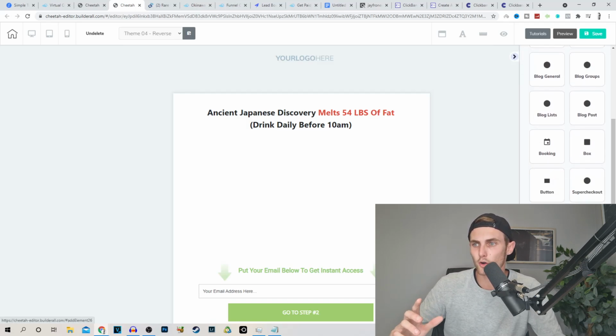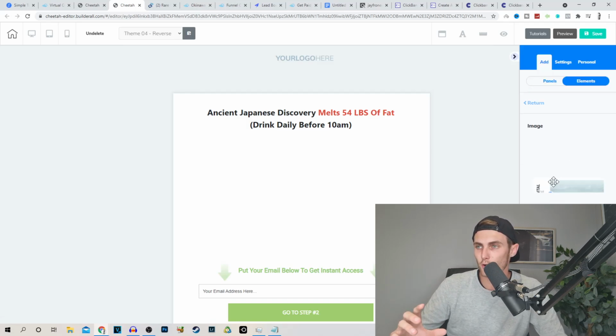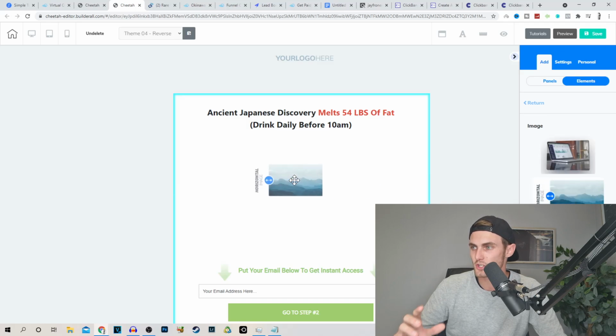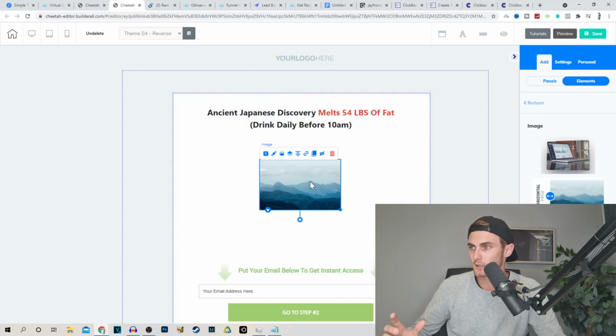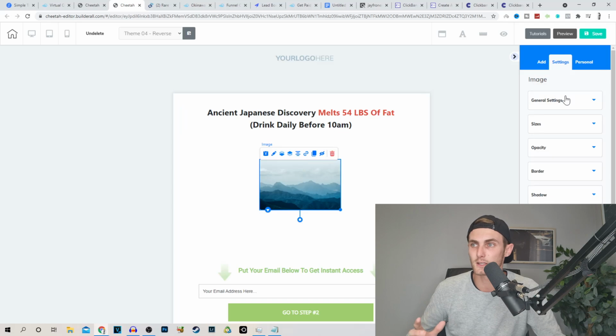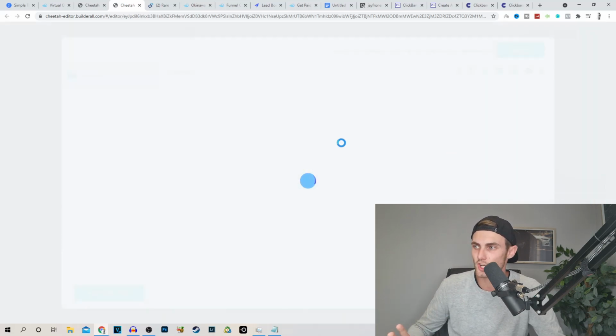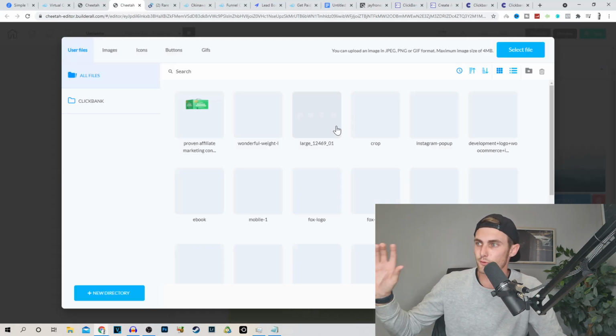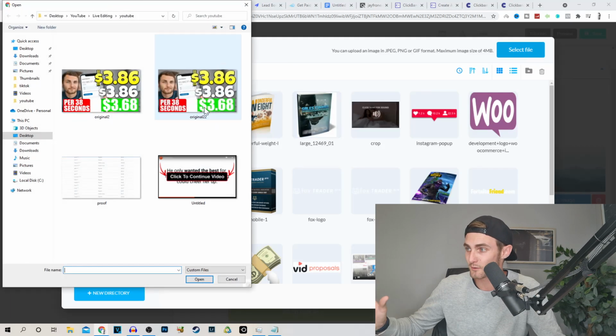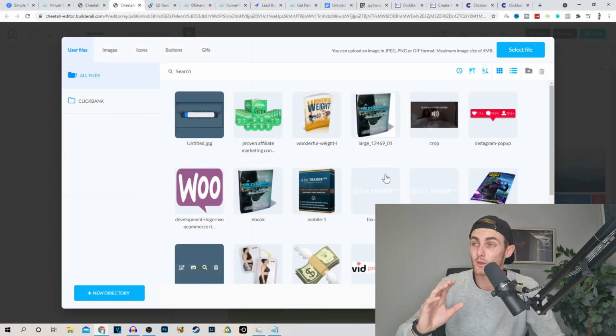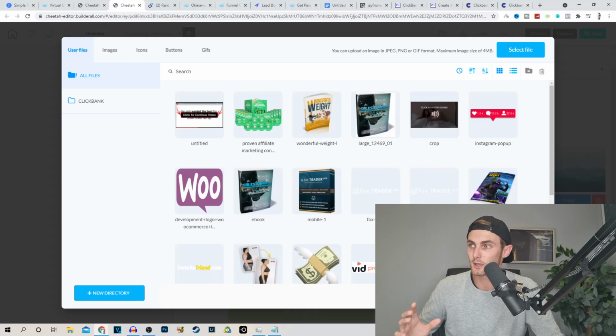You want to go and click on, I think it's image, go and click on horizontal image, just drag this onto your page. You're going to click on this image, click on edit elements, click on general settings, click on change image. I know it's quite a lot, just follow my mouse with me. Click on select file, and then click that same video that we screenshotted. So over here we want to click on